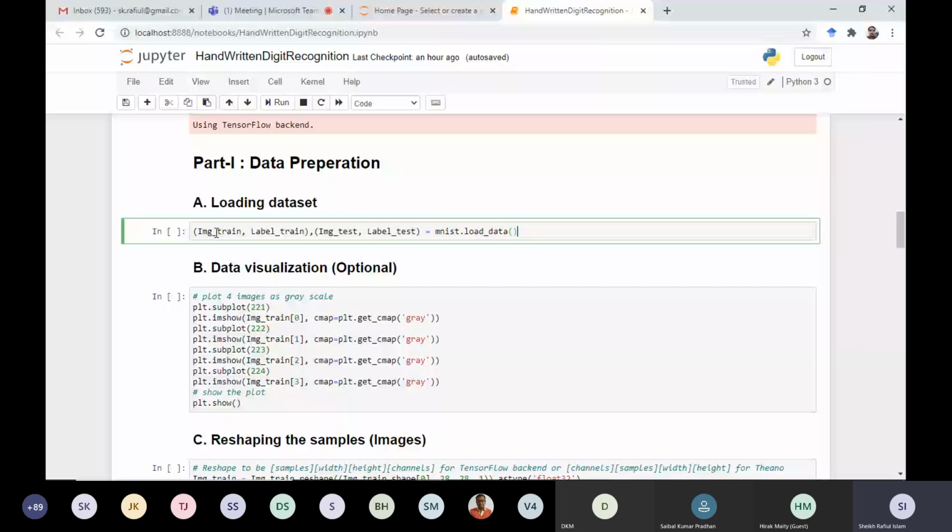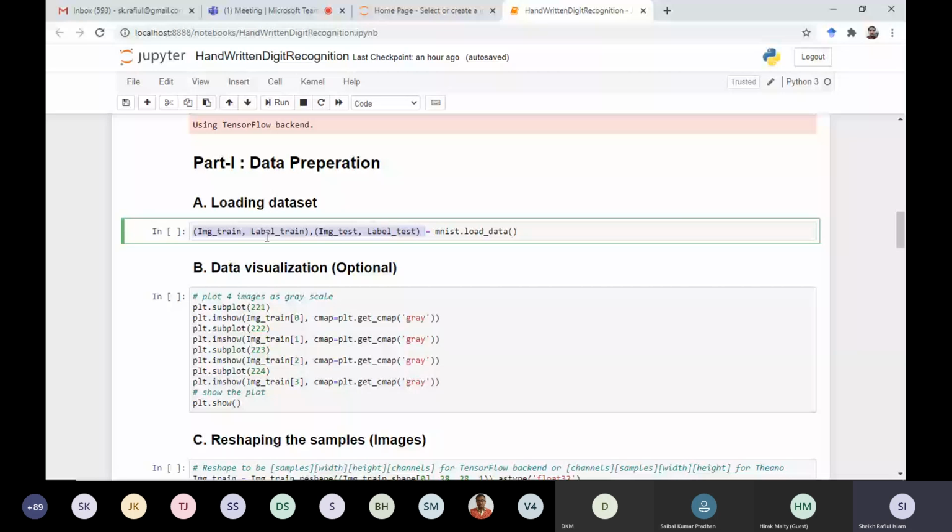So these 2 portions are for the training part. There are 2 folders, one is train, another is test. Each folder will have 2 things, the image as well as the corresponding label. That's why we need these 4 assigned variables.